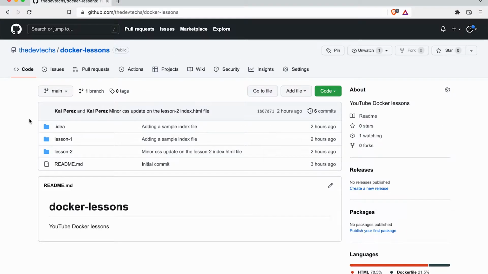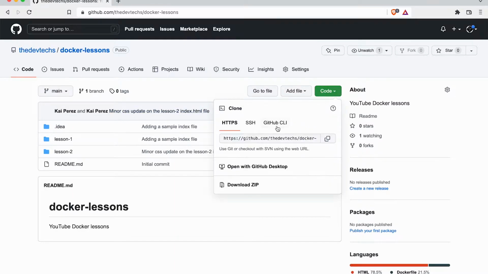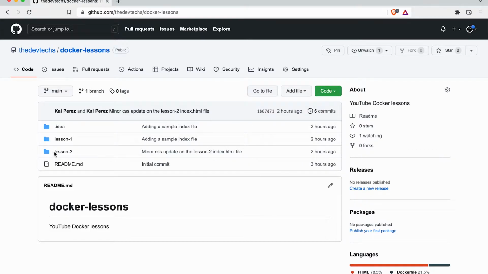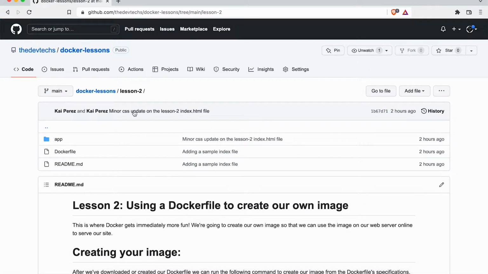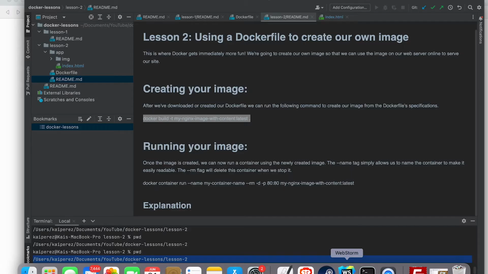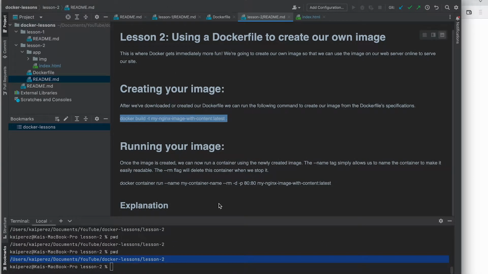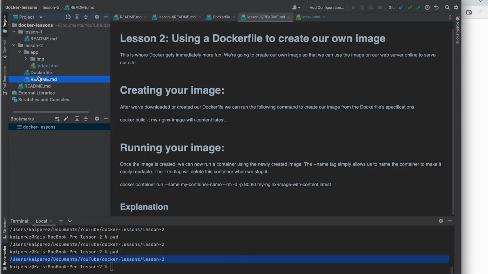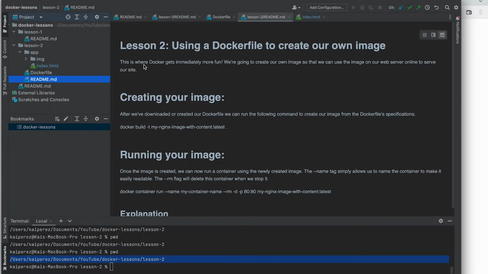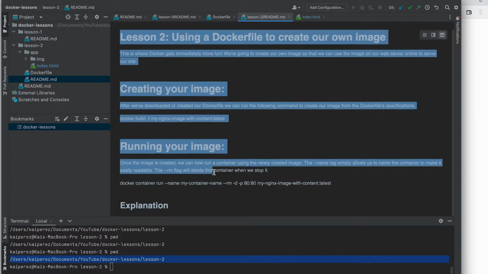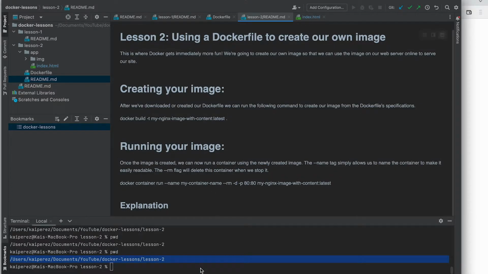Okay, we're gonna wrap up this lesson in our IDE of choice, so make sure that you've downloaded this repository here from GitHub. And you're gonna navigate to lesson 2, so let's open up our IDE. I'm using WebStorm. You can use any IDE of your choice. Now WebStorm is nice because it's gonna interpret this markdown for me and I can see the lesson really easily here. It also has a terminal window, but this is a paid IDE, so you don't have to use this. Use your IDE of choice.